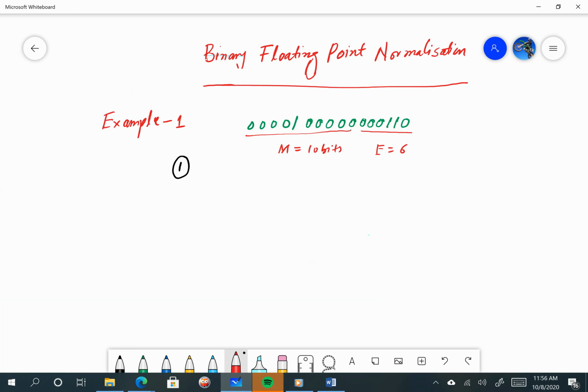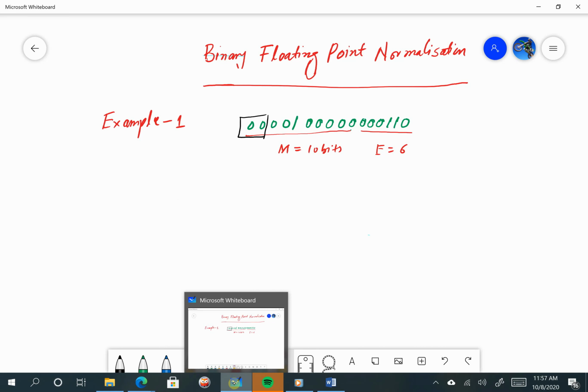Before step number 1, one should know that when the two leftmost digits of a binary number are the same, either 00 or 11, it is called unnormalized. जब हमारे पास लेफ्ट मोस्ट टू डिजिट्स हैं when they are same, either they are 1 1 or either they are 0 0, it's called unnormalized. अब इसको normalized करने के लिए, in order to convert it into normalized form, first of all what I will have to do,